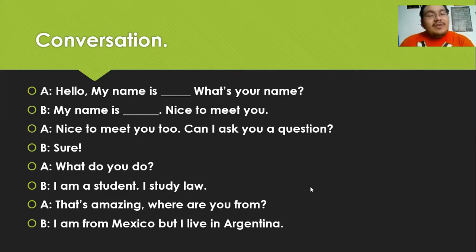All right, so no willing volunteers. Si no hay ningún voluntario, then let's use my own version of democracy. Vamos a utilizar mi propia versión de la democracia. So, let's check this out. Annette, can you participate? Annette, ¿puedes participar? And Daniel, can you participate? Daniel, ¿puedes participar? So the first girl and the first guy. Daniel, can you participate? Sí. All right, very good. Then, Daniel, you are A, Annette, you are B. Let's start. So, you can start anytime. Ya pueden iniciar.